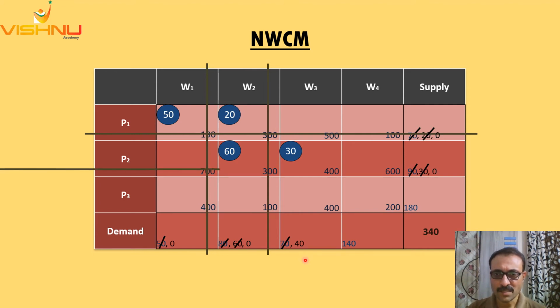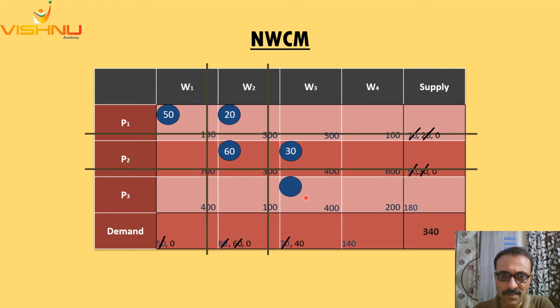Now that the row total has come down to 0, we strike off the row. Now we are left with just two cells. Both are in the same line, which means both are equally in the north. And then we have a look at which of these two cells is more in the west. So obviously the one on the left is more on the west, and hence this is the cell that needs to be identified for the next transportation, which is cell P3W3.